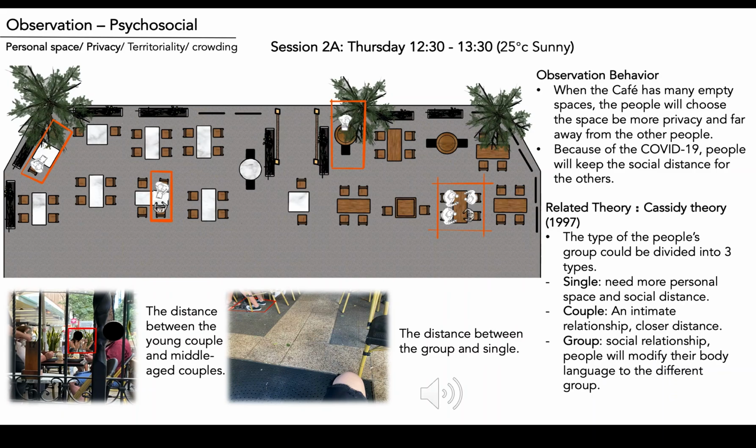From the personal space and privacy, I think a very interesting thing is when the cafe has many empty spaces, the people will choose the space with more privacy and far away from the other people, and also because of Covid-19, the people choose to keep the social distance from the other people. I think the types of people can be divided into three types: singles, couples, and groups. The singles prefer privacy and personal space. For the couples, they are closer, and for the groups, they will keep the social distance and also the social relationships. People will modify their body language to